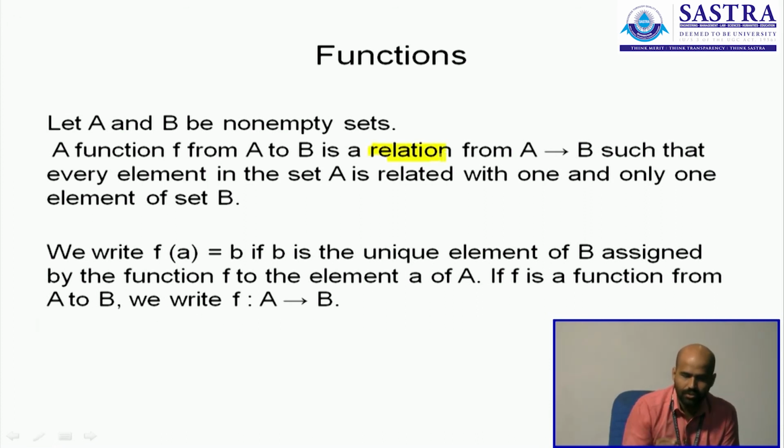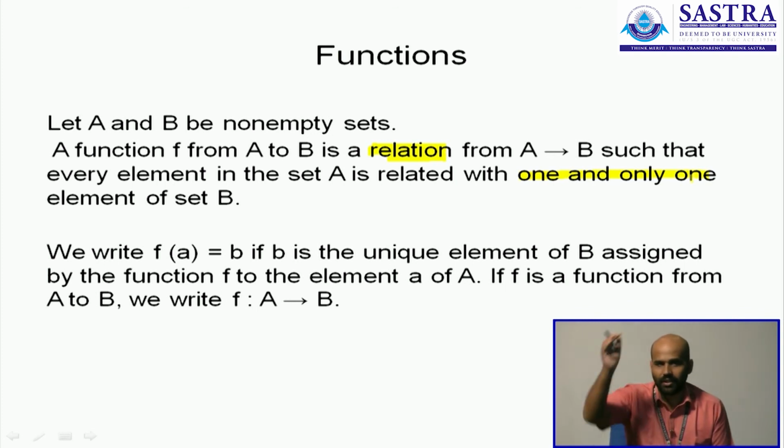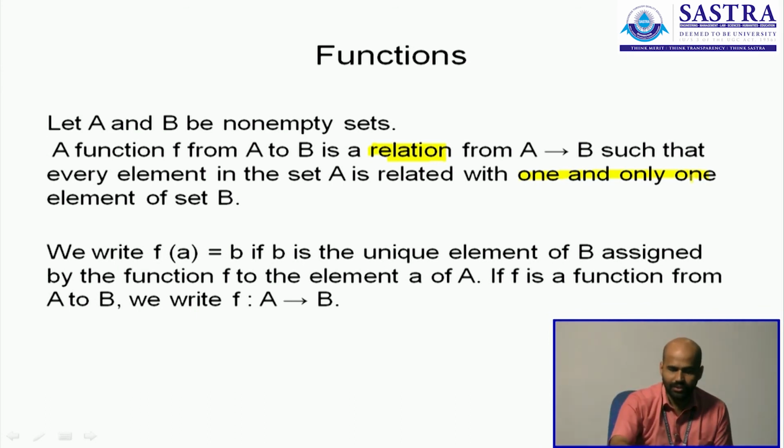So it is first of all a relation. That's the basic condition to be satisfied. And that relation becomes a function if every element in set A is related with one and only one element from set B. If this property is observed, you call the relation a function. So you have already understood the basic notion of a relation. It's a subset of a Cartesian product. Now when does this subset get the extra status as a function? When this highlighted portion is being observed.